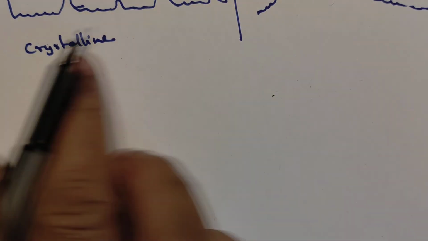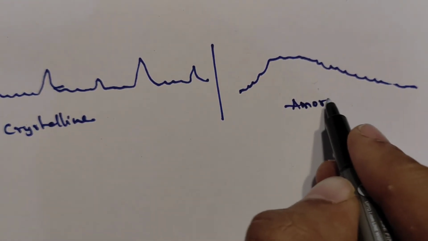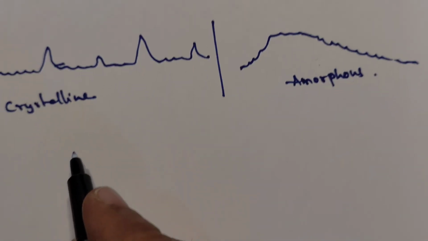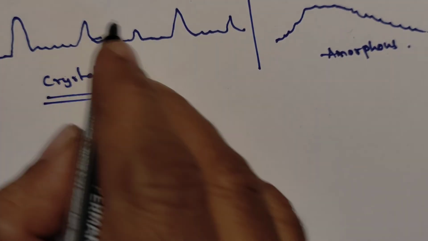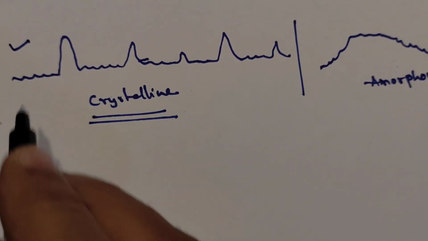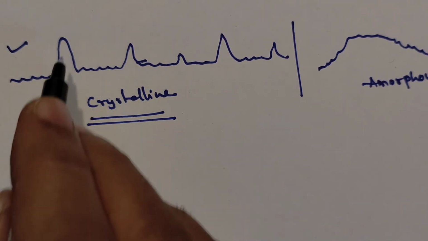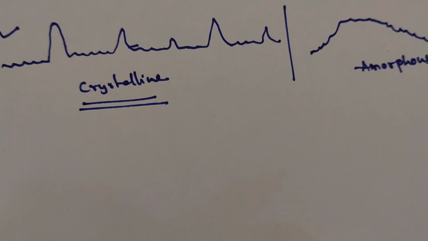So based on this kind of spectra, we can decide one is related to the crystalline and another is related to the amorphous material. Our question is, what kind of information can we get by using this kind of pattern? How can we interpret the X-ray diffraction pattern? So for this,